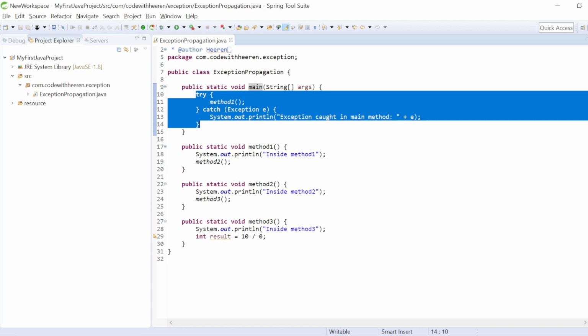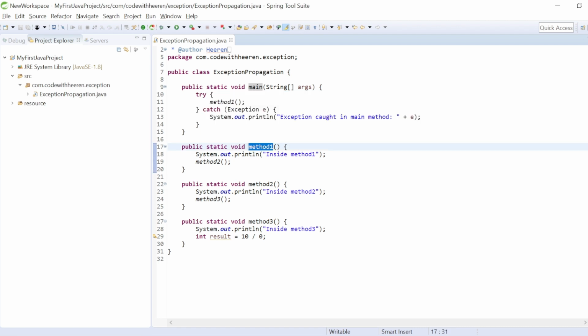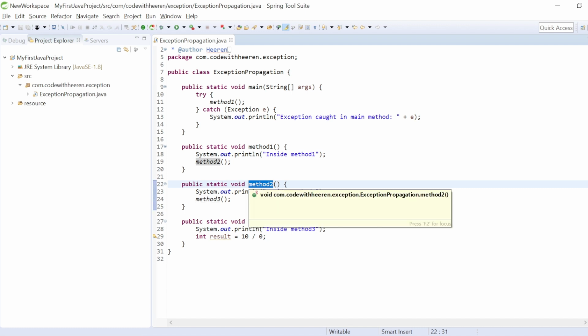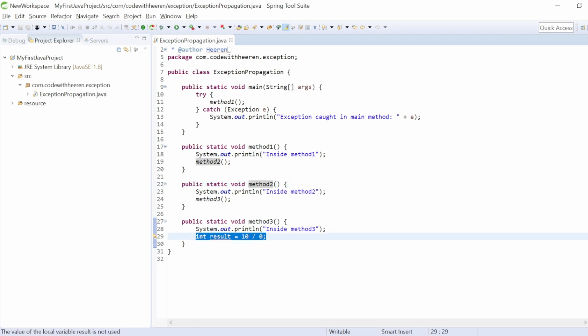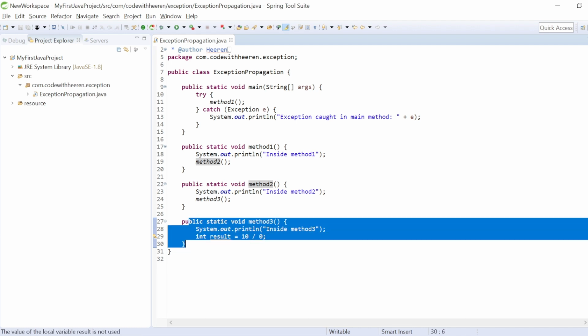Just understand method 1 is called from the main method, method 2 is called from method 1, and method 3 is called from method 2. Now let's suppose method 3 is throwing some exception. I have created a situation where an exception will occur. I am creating an arithmetic exception here. If I am not handling that exception inside method 3 itself, then that exception will be automatically propagated or